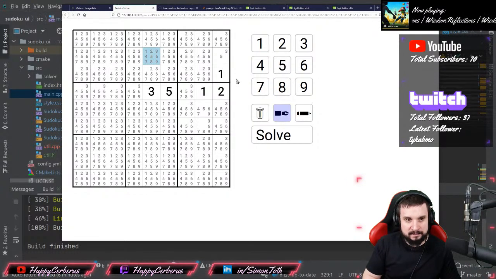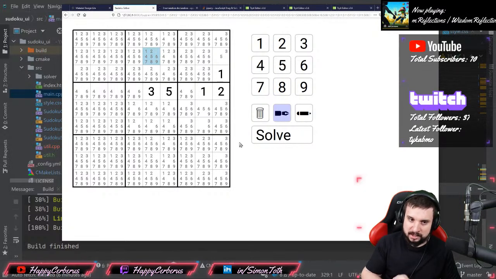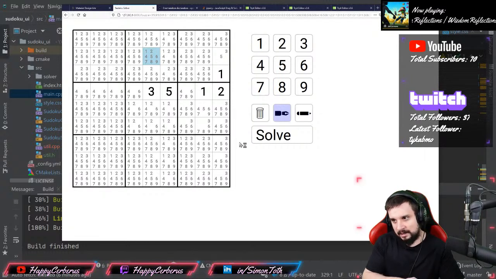So the main benefit is this is a Sudoku solver, and if I just press solve, what just happened was there's just pure C++ code that's the solver, and because all this stuff is just C++ compiled into JavaScript, the solver itself is also compiled into JavaScript. So I'm just calling a JavaScript method, but all of that stuff is just C++. And I don't know how much of a performance advantage there is. It's more of a kind of,